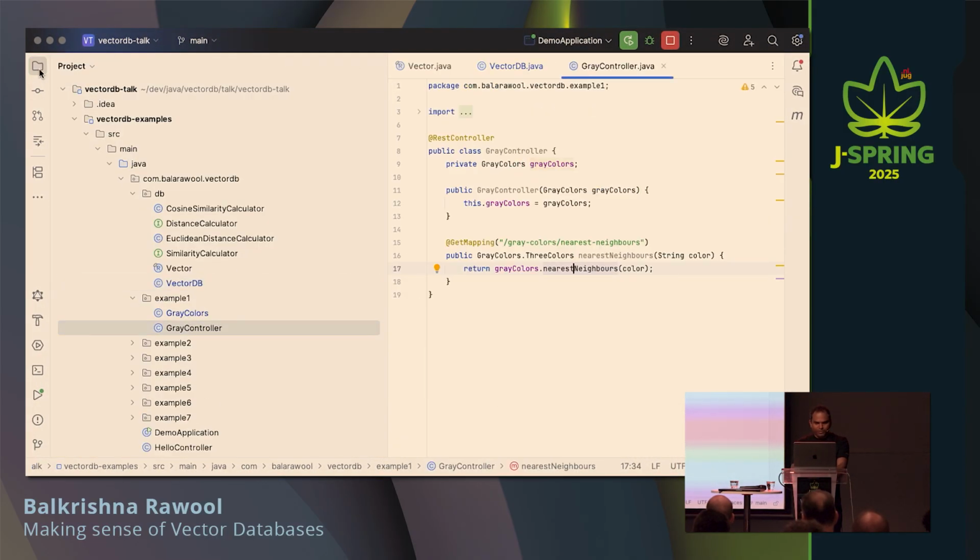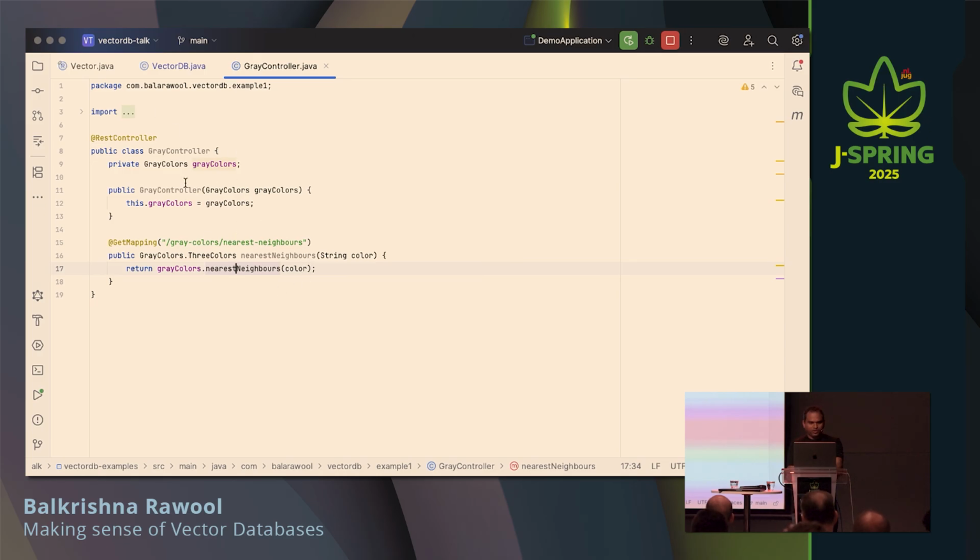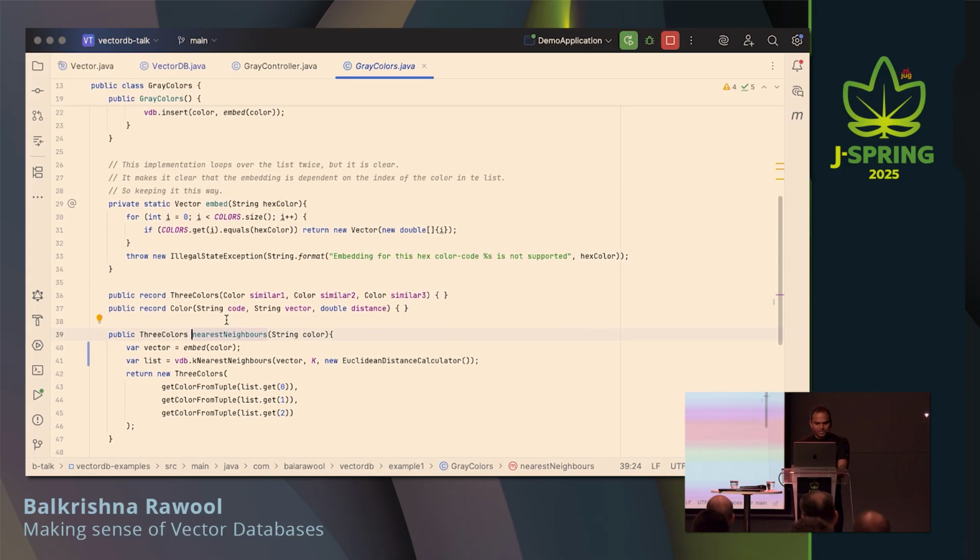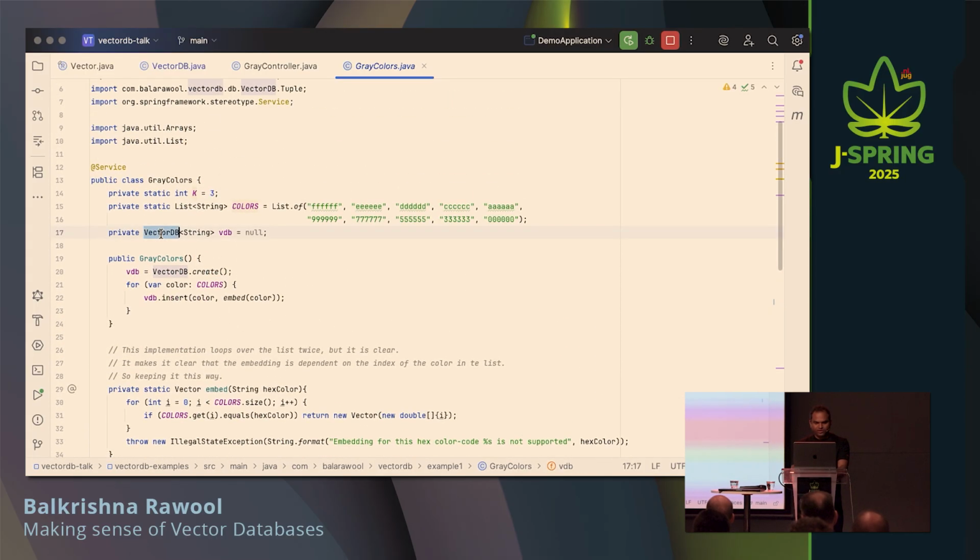So this is a Spring Boot application, and it makes use of a REST controller. So here is a REST endpoint called nearest neighbors, which takes in a color and gives you the nearest neighbors for this color, basically similar colors. Right? So how we implement this, we call this method, where we actually have a vector DB instance, and it already stores all these colors with their corresponding vectors, which are nothing but the single-dimensional or one-dimensional vectors, these numbers